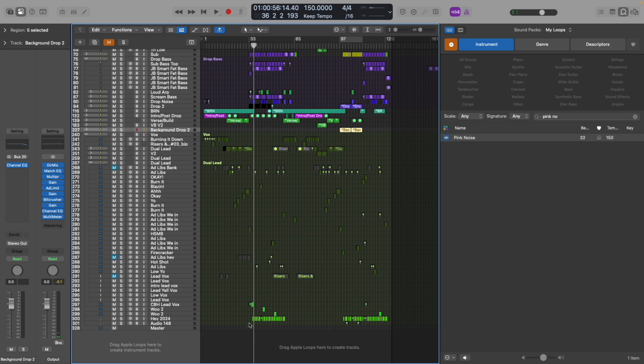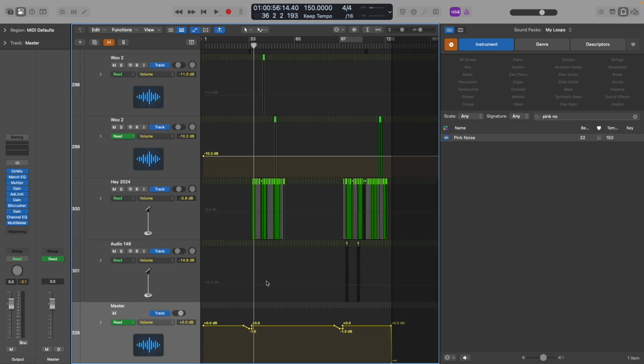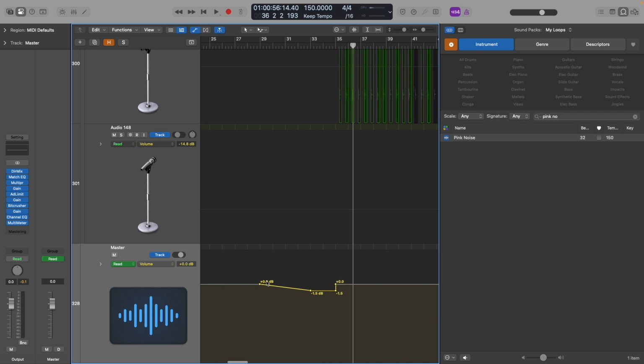And then the last thing about mastering is I learned this trick. I think I was watching like an Instagram video. But for some songs, and I don't do this for every song, but if there's a song that you really want that drop to hit, what I'll do is I'll automate the master volume, and as this buildup is happening, slowly bring it down to negative 1.5, and then right as that main drop is going to hit, I bring it back to 0, so it kind of gives that